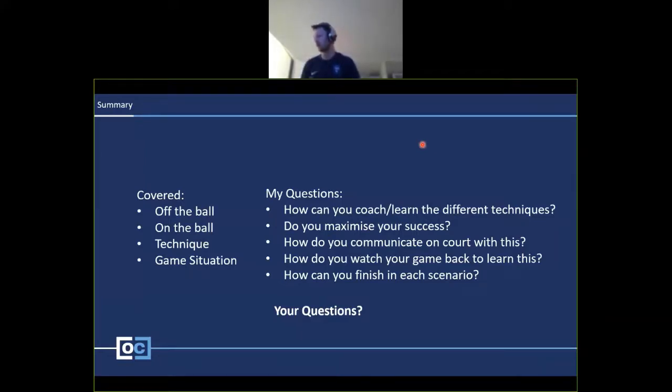So I know the courts aren't always the best here, but it's talking about some of the stuff I said earlier on around if it's bad pressure or the team's in a deep diamond, stretch the court. The space isn't going to be in the middle. And I know it's tricky as a pivot to be patient to do that, but you're relying on those three. Hope that answers your question.